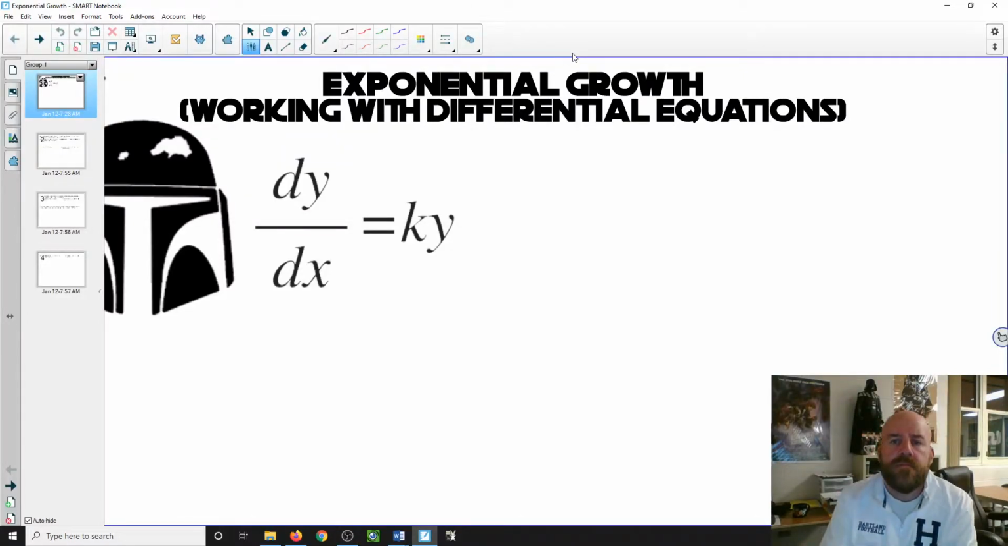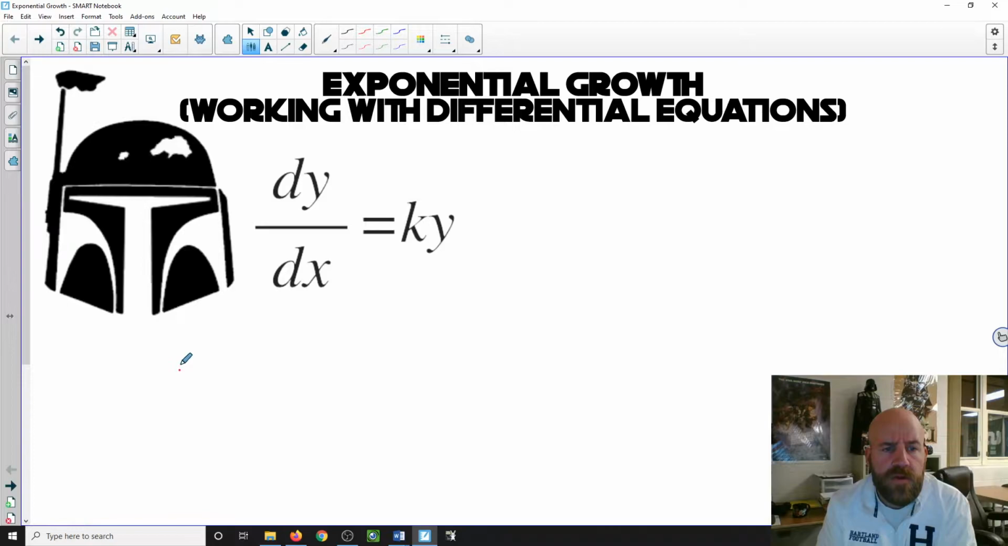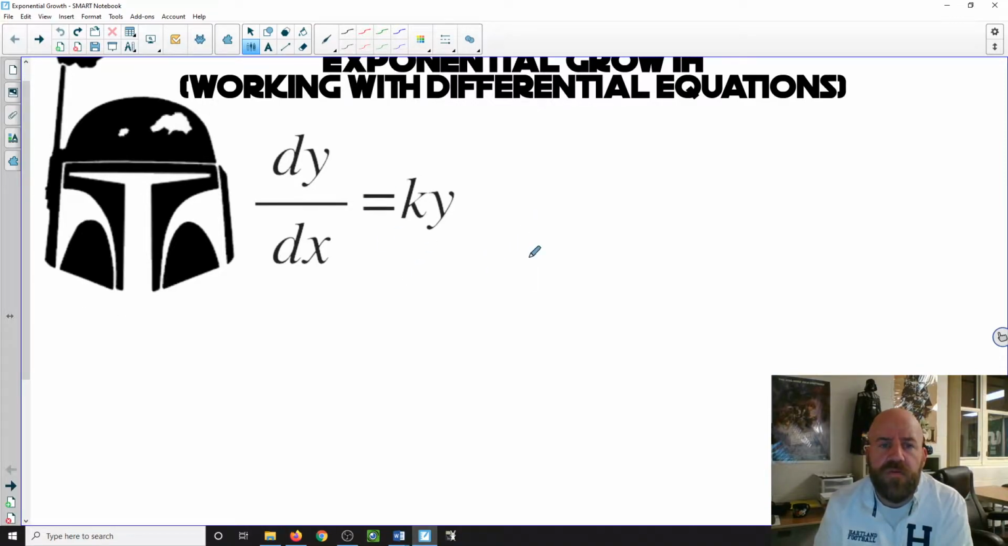Alright, so what we're looking at right now is how to do exponential growth with differential equations. So first thing that we need to know, this is our main differential for exponential: dy over dx equals ky. So if we solve this and we go backwards and we want our original equation,